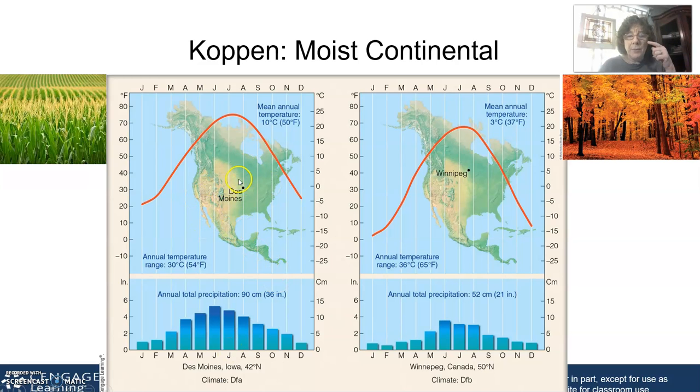When we're comparing Iowa and its humid continental, we see that the precipitation peaks in the summer. Good for the corn, coming right up from the Gulf of Mexico. When we look at Winnipeg or when we look at the Catskills, we're seeing that there's more of a change in temperature and there's less precipitation during the summer. These areas up in Winnipeg are not so impacted by the Gulf of Mexico because they're farther north. The areas in the Catskills are not so impacted by precipitation because they're cut off by the Appalachian